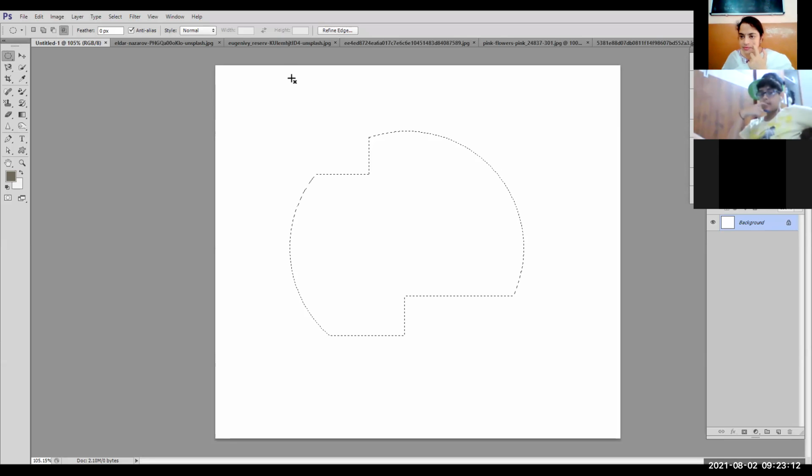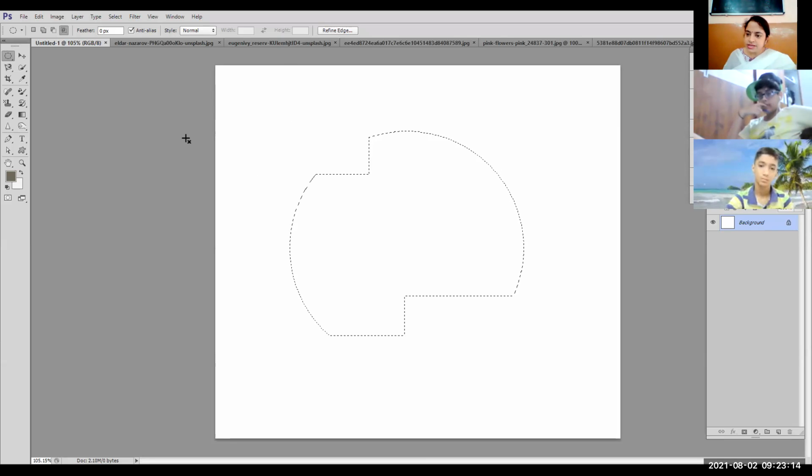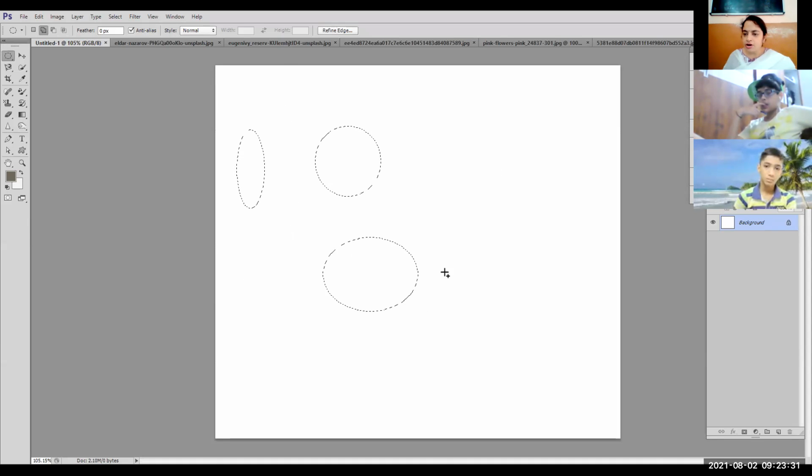Okay, that is intersect. Now, one method is you can select from the option bar. The second method is you can press the shortcut keys from the keyboard. The keys method is better. Why? Because if I click on add to selection, I keep continuing with the selection, but later on I forget to deselect this option. And I want subtract from selection, or sometimes intersect, sometimes new selection. But I have to deselect this option from here every time.